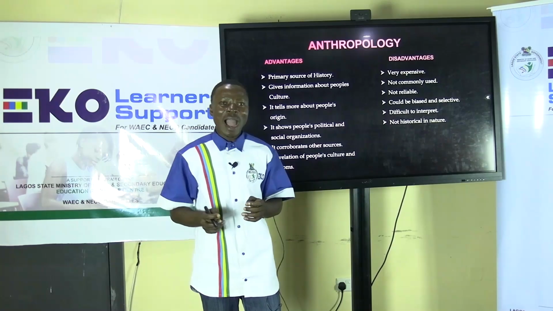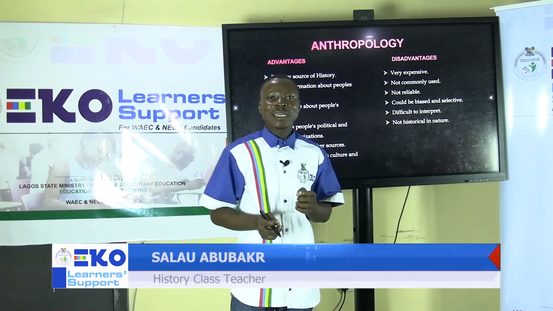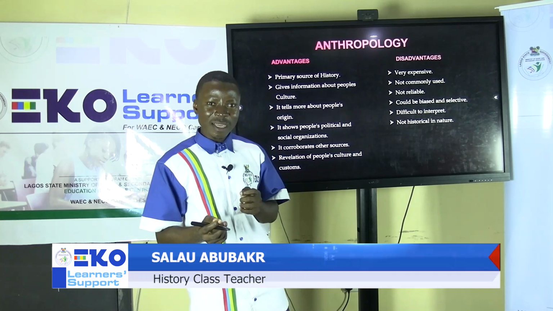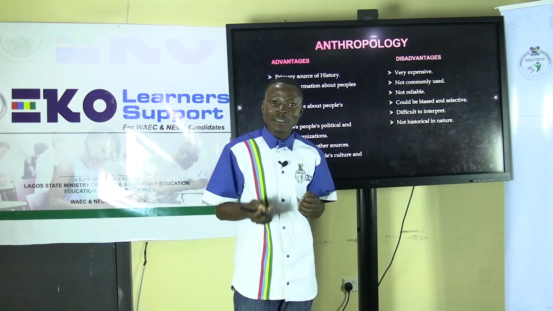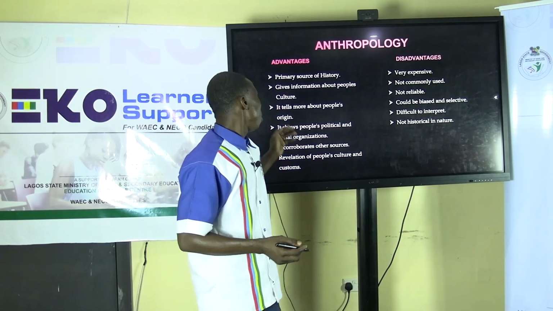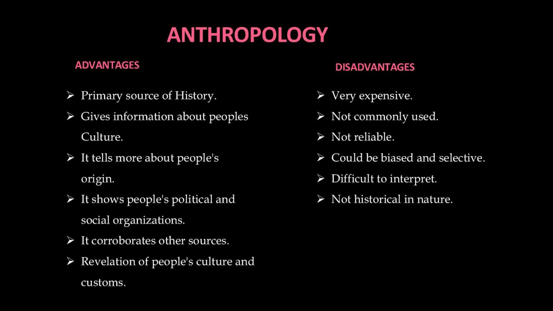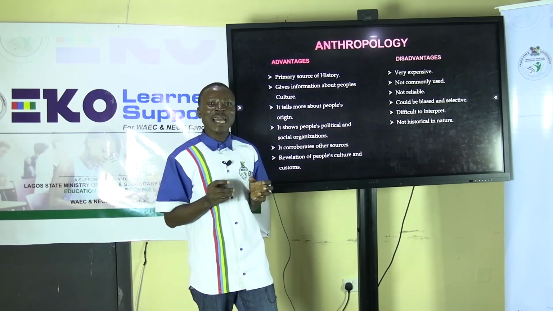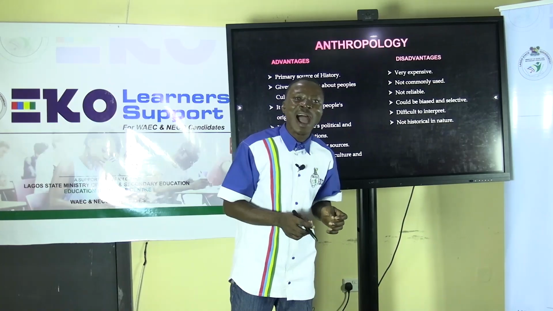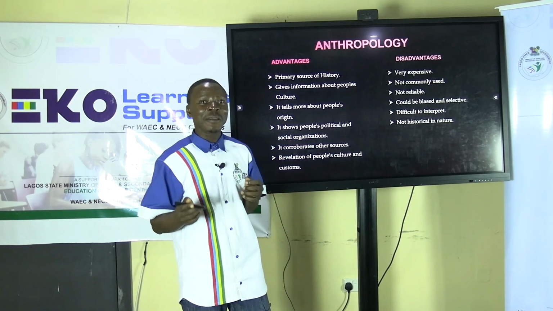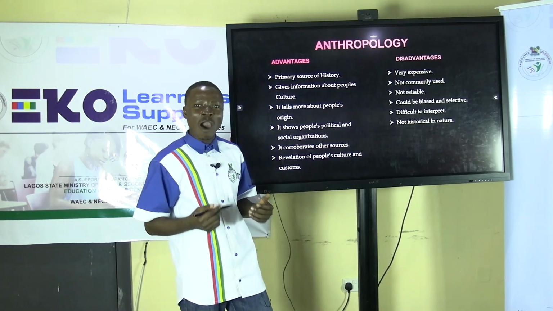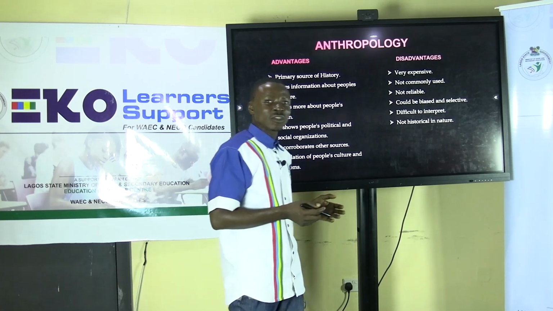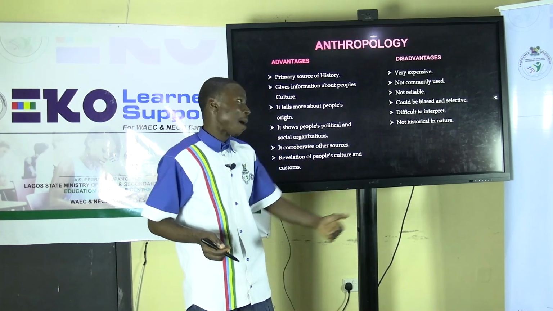Anthropology is primary and raw on its own because it has to do with direct observation and direct extraction of information from people who observe it, or observing what is happening and writing it down. Also, it gives information about people's culture. Anthropology focuses a lot on the social interaction of people and their socio-cultural as well as religious practices. It doesn't only look at what has happened in the past, but also at how things are being done in the present in relation to how they understood it from their predecessors.